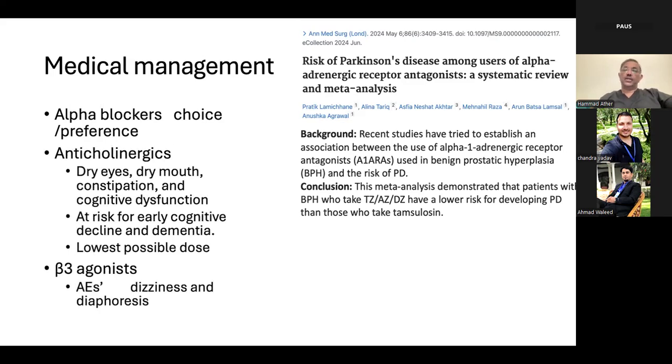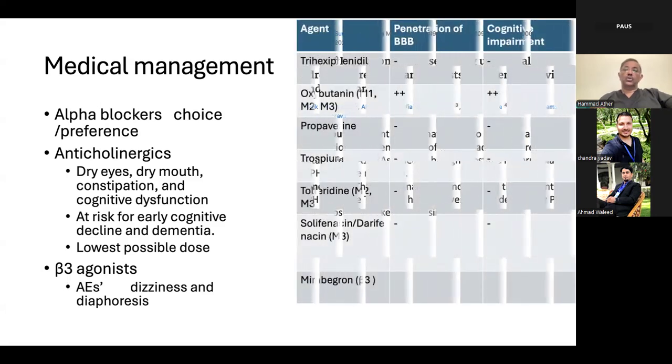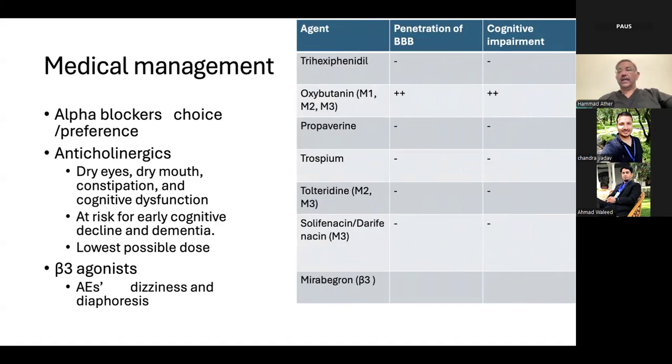What about the anticholinergics? Well, we know that the classical side effects of anticholinergics like dry eyes, dry mouth, constipation, cognitive dysfunction are there. And particularly our Parkinson's disease patients are at risk for early cognitive decline and dementia with the use of anticholinergics. So it is recommended that the lowest possible dose of anticholinergics be taken. And if you look at the various anticholinergic agents, you can see that oxybutynin, which is one of the commonest prescribed medications across the world, which affects M1, M2, and M3 receptors, has a significant penetration of the blood-brain barrier, and it often results in significant cognitive impairment in patients with